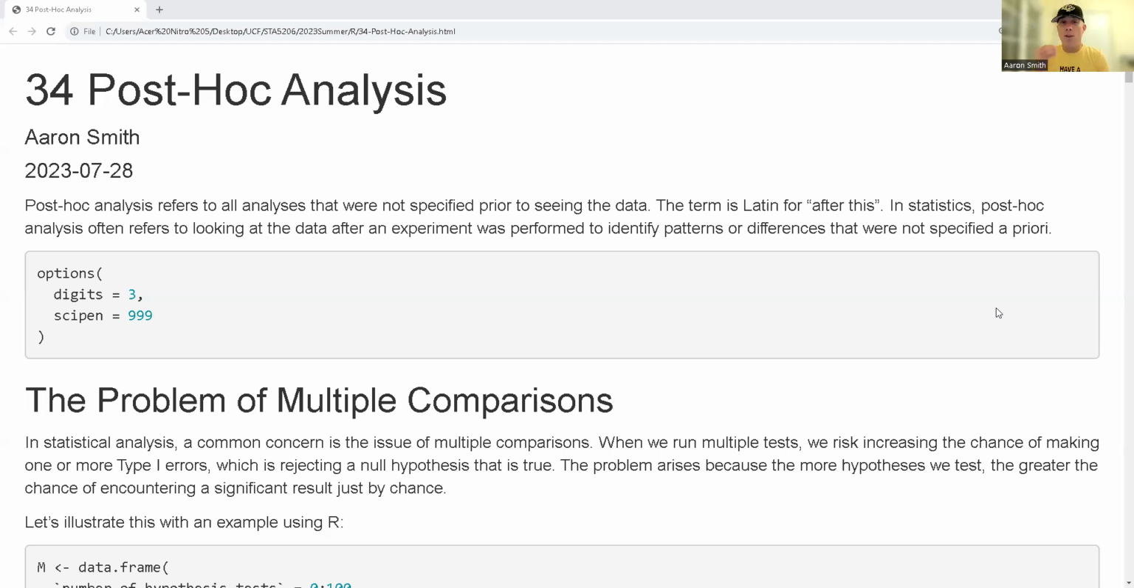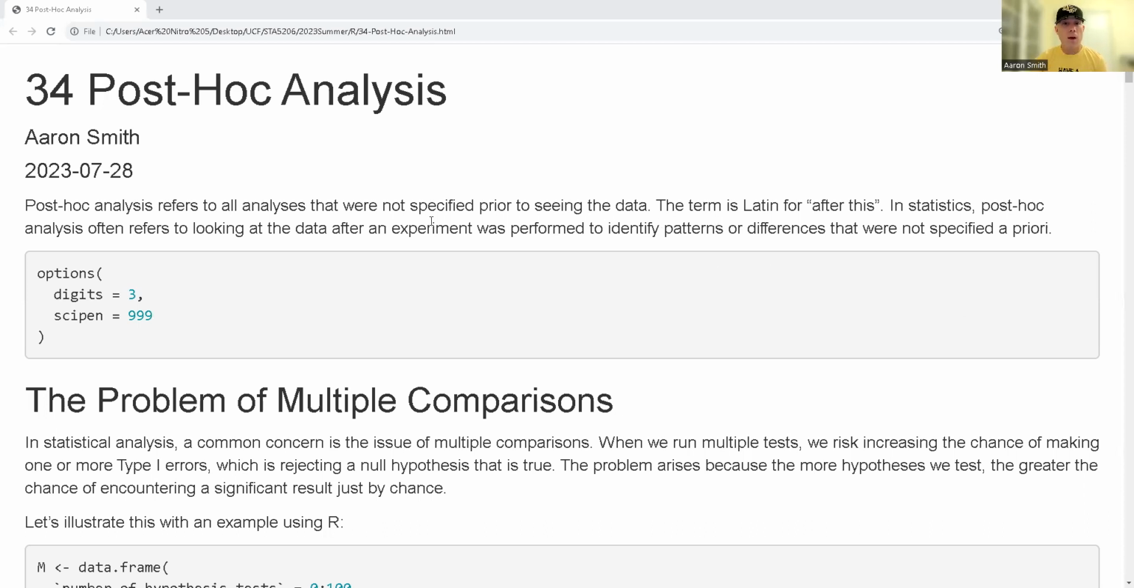And if you think about doing test after test after test for all these different hypothesis tests, the chance of me making one or more type 1 errors is going to increase as I do more and more tests. And so what we want to do when we do our post hoc analysis, we want to go in and make modifications so that I'm not increasing the risk of making a type 1 error. All right, so